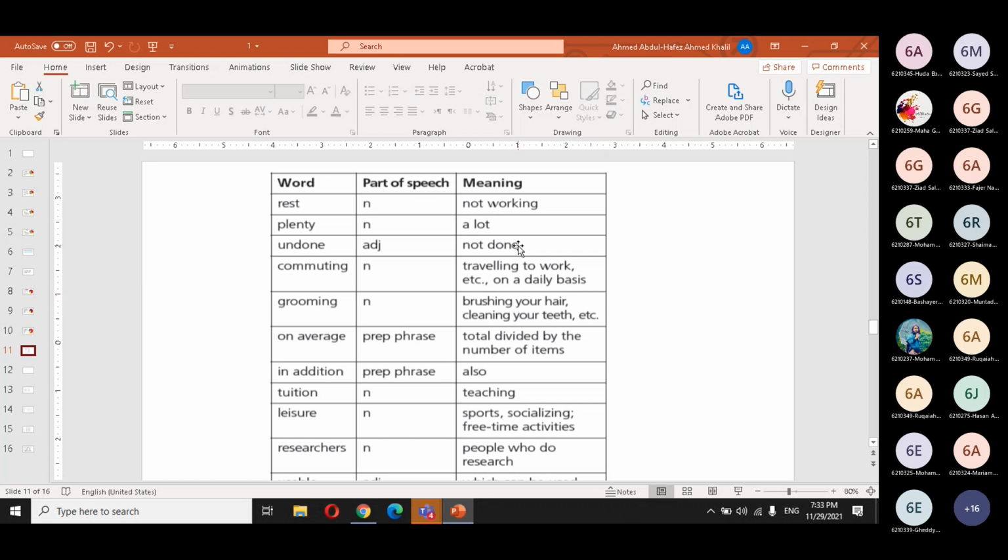Undone means not done. Commuting is a noun, and we studied commuting. We said traveling to work or to the university, but on a daily basis means every day. Grooming, we studied the word grooming. It's a noun. Brushing your hair, cleaning your teeth, etc. Having a shower and so on. On average